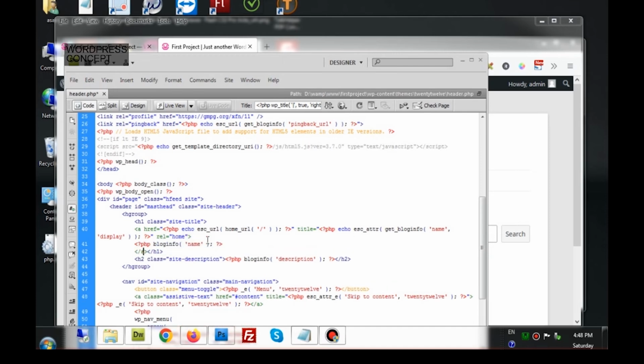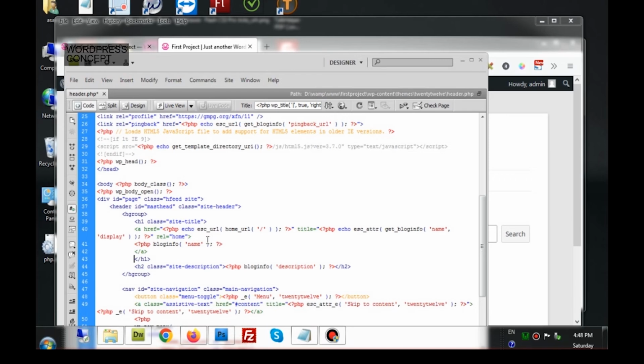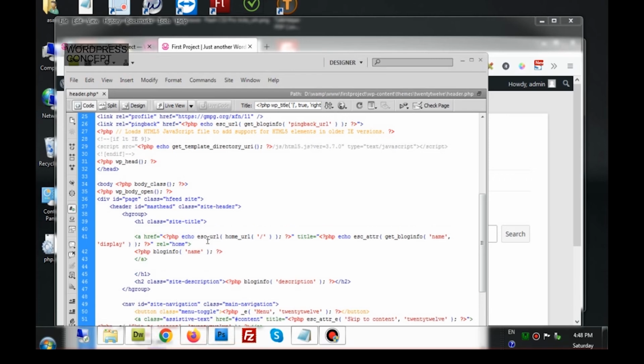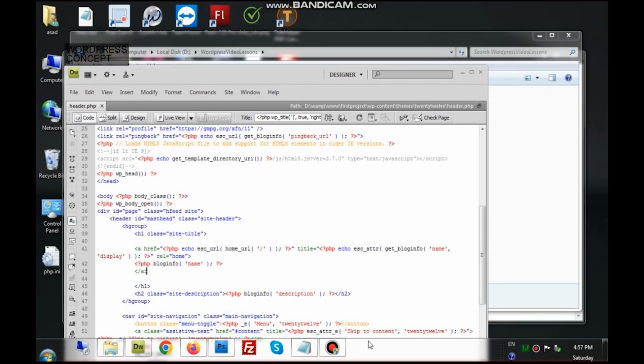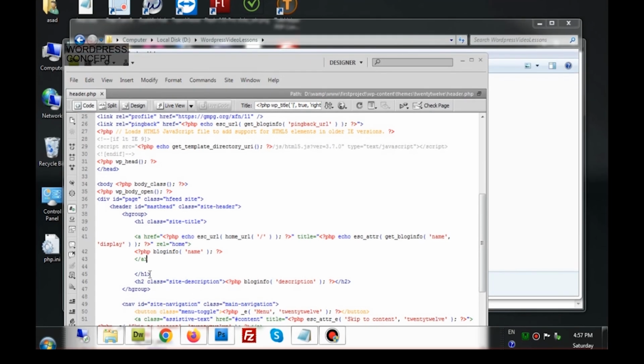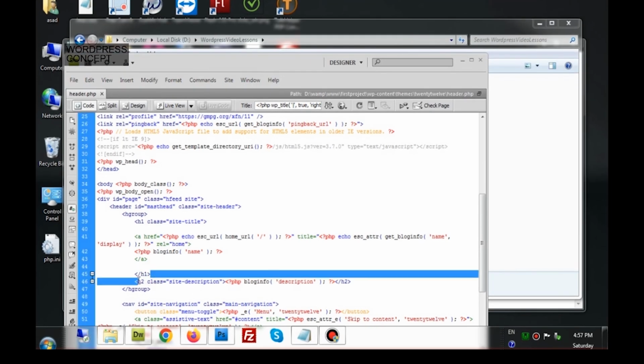Now here is closing, and here is my h1 tag. So I can see h1 is starting from here. h1 is also a tag, so h1 starts from here and it is closed here. Closing is represented as this slash. So the h1 starts without slash, and closes here.